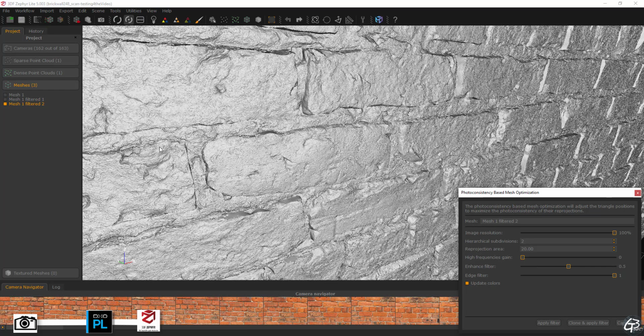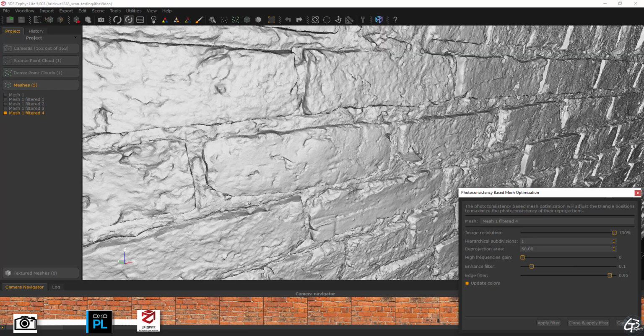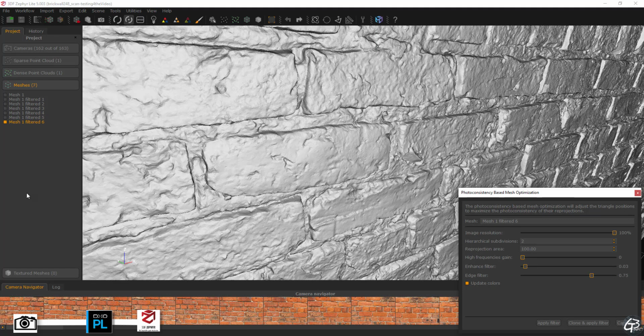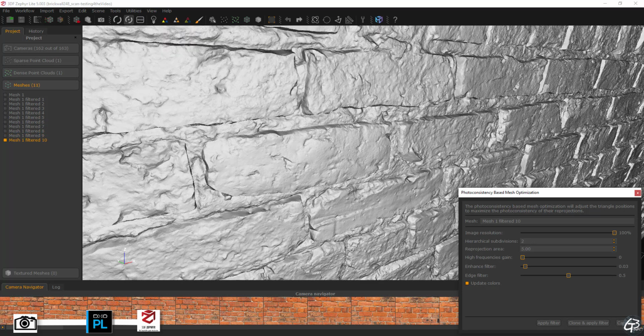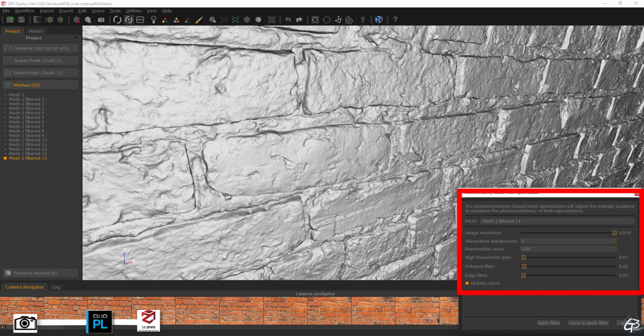All were applied to the initial mesh, so I can clearly see how exactly each setting affects the result. Overall, I found photo consistency a bit tricky, as the result is based on combination of all these settings together, as each setting affects others. Anyway, this is the setting I decided to use for this brick wall.